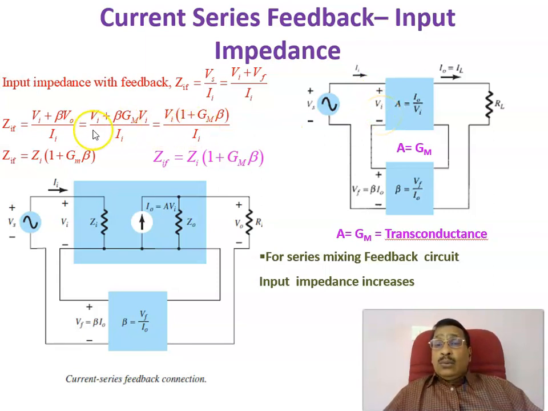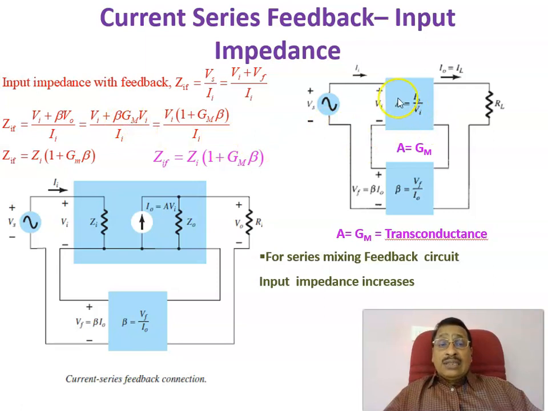Therefore, here Vs is equal to Vi plus beta times V0. Here this voltage Vf is equal to beta times, actually the current is being sampled, so that is a mistake. This is actually beta times I0, so we correct it like that: beta times I0, not V0. It is beta times I0. Therefore, this is equal to Vi plus beta times